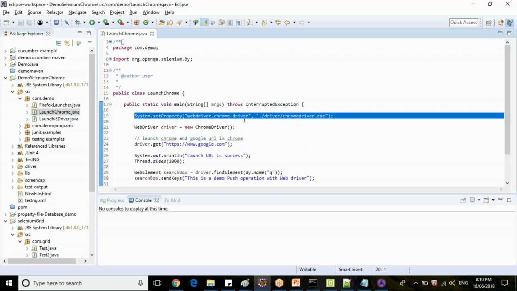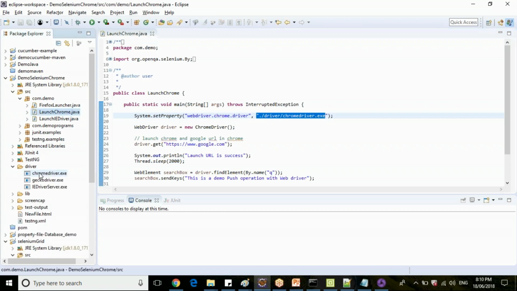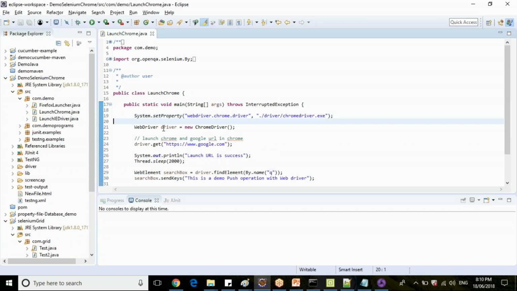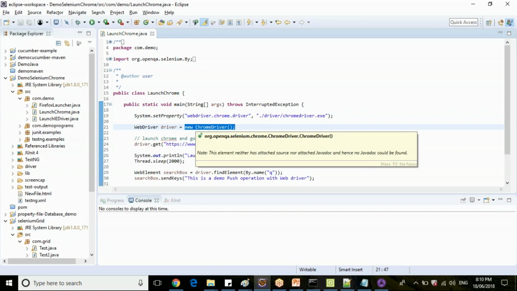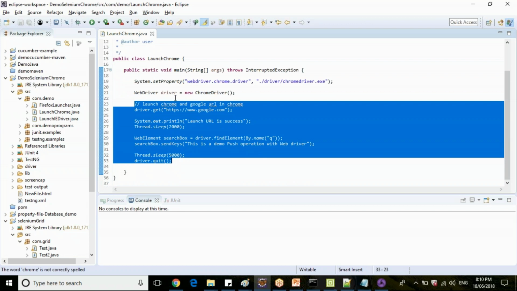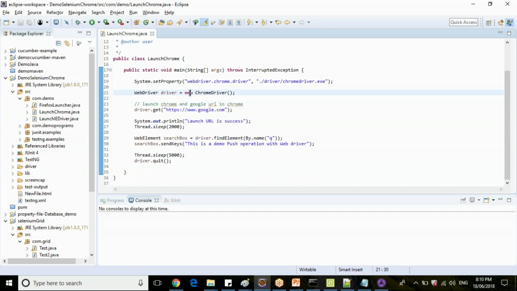So you set your path here, webdriver.chrome.driver, and you have given the path where the Chrome driver is available here. So this is a Chrome driver. Now in your initialization, you're directly telling, so Chrome driver is the driver which I am using here for execution. So your script doesn't need to know because there is no other nodes or hubs connected here. So it's pretty clear that you need to execute a script on Chrome driver, it will start executing.